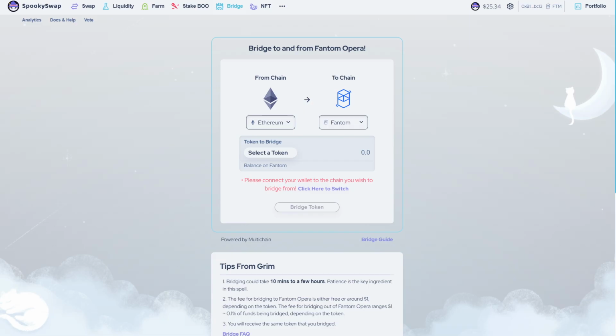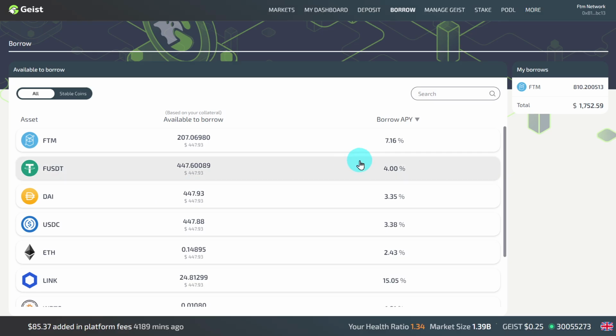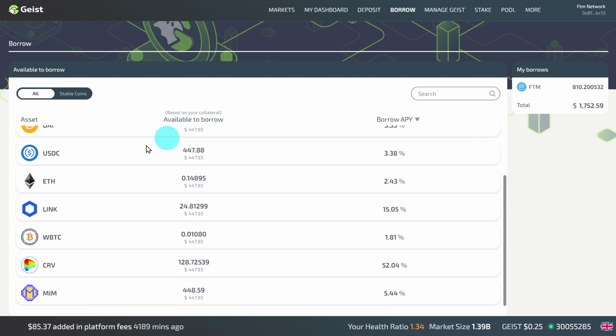So this video consists of 3 steps. First of all, how can we get our money from an expensive blockchain such as Ethereum to a cheaper blockchain such as Phantom or the Binance Smart Chain or Polygon or Avalanche? That's step number 1. Then how can we get a loan against our stable coins? So a loan that is denominated in something fluctuating that we want to bet against, for example, Phantom or Ethereum or ChainLink. And then what kind of platforms are out there?